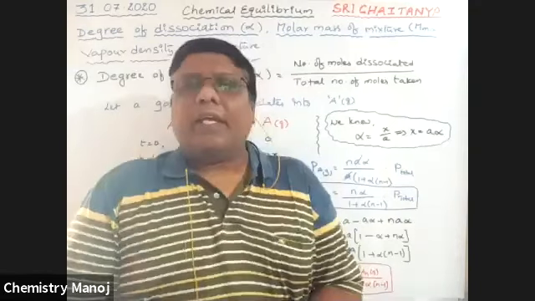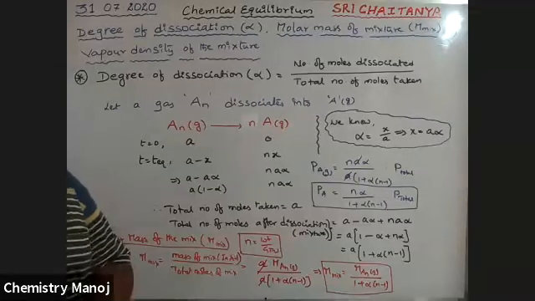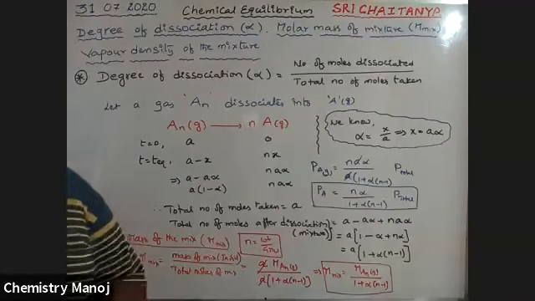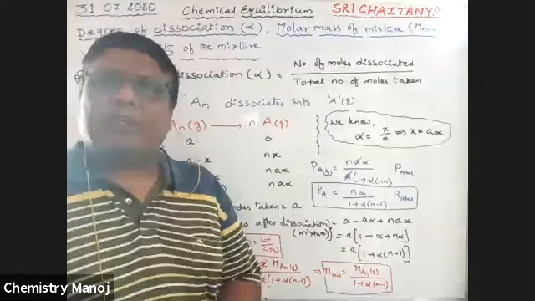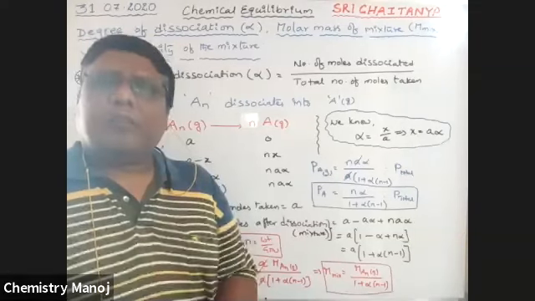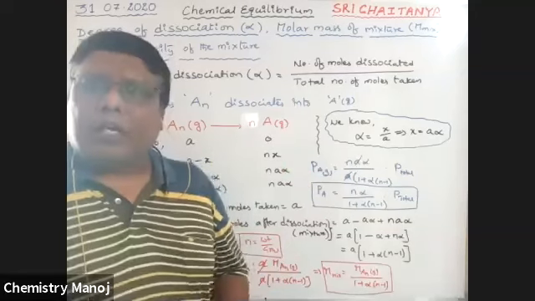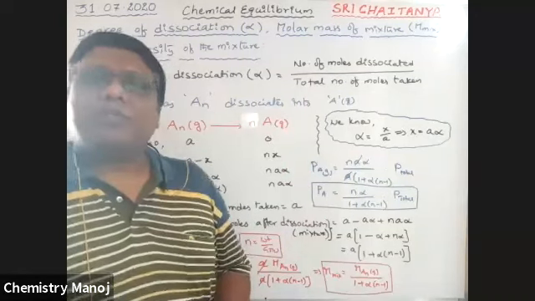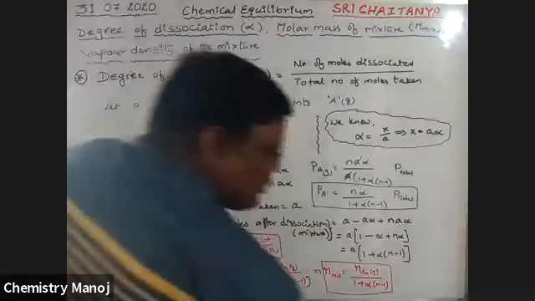Today our target is how to calculate the degree of dissociation for a particular chemical equilibrium. Degree of dissociation is represented with alpha, and we look at equilibrium molecular mixture and vapor density problems. It is the most important topic in the chemical bonding concept, so listen carefully, my dear boys. Here are the topics: degree of dissociation.